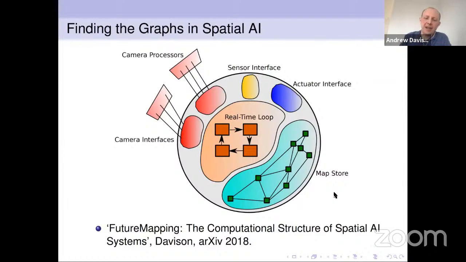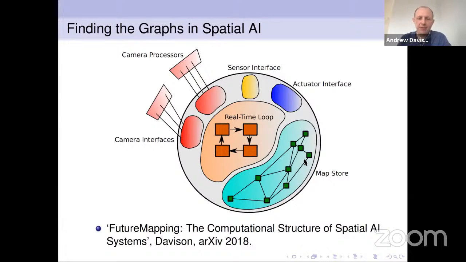So a bit inspired by that picture, and this is very much the sort of thing that's discussed in the first Future Mapping paper, I've become interested in thinking about spatial AI problems, thinking about the graph-like structures that are present in the data stores that we use and in the computation that's done, and how that could all eventually be mapped down to a graph-like processor, which I think would have big advantages for efficiency in particular, because what we really want to get away from is shuffling huge amounts of data around our processors.